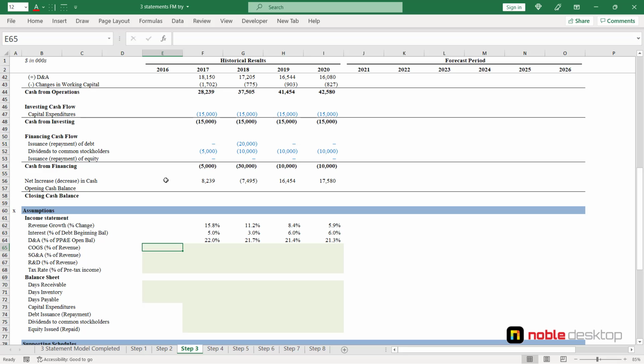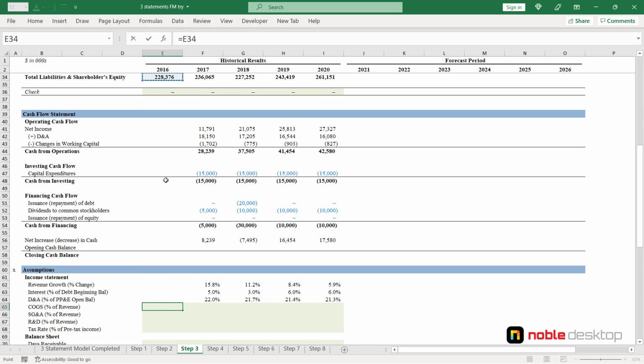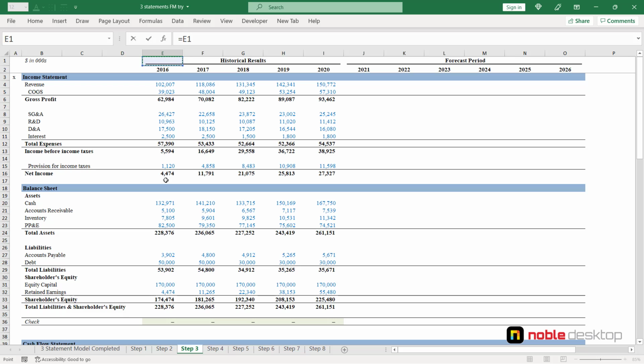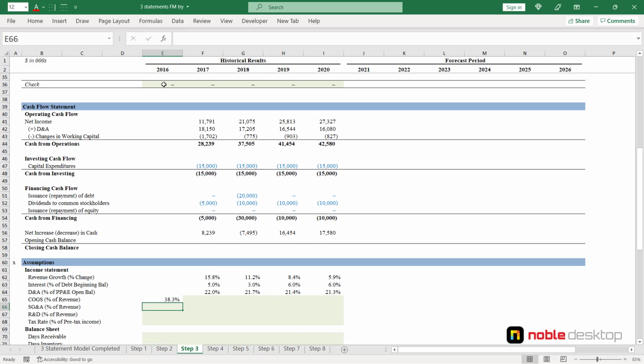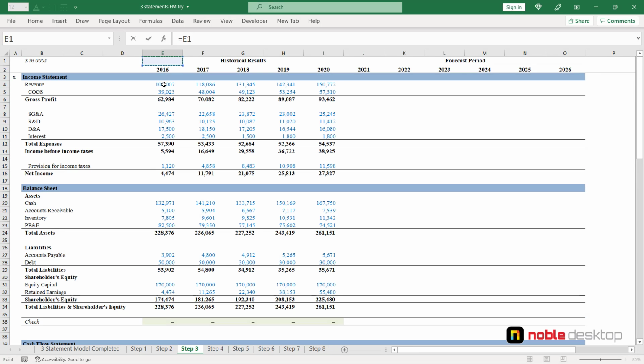And move to my COGS as a percentage of revenue. Both line items allocated in my income statement, COGS divided by revenue. SG&A as a percentage of revenue, same idea. I'm gonna find those line items in the income statement, and my SG&A in the row 8 and revenue in the row 4. And I want to anchor the cell E4 for the row 4 with F4,